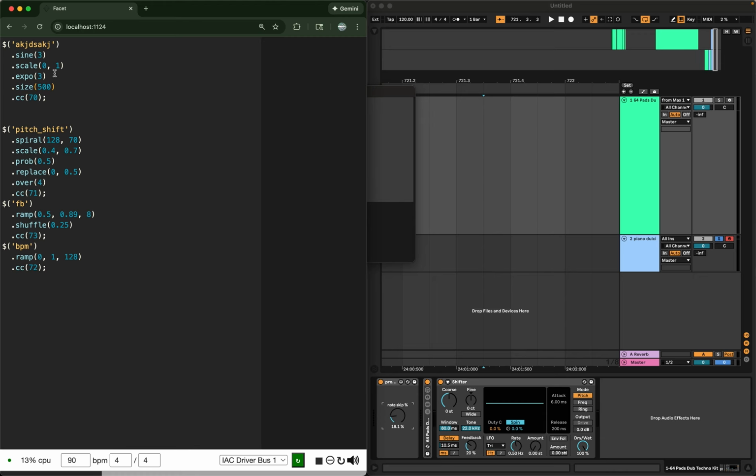So this one is MIDI CC 70. And I'm going to run that. It's a sine wave with 3 periods that's then scaled between 0 and 1. And expo means that the values tend towards 0 more than they tend towards 1. So it's kind of exponentially scaled back towards the lower end of this range. There are 500 numbers total, and it's transmitting on MIDI control change channel 70. So I run this, and you can see I've already made the mapping to this particular parameter in Ableton Live,